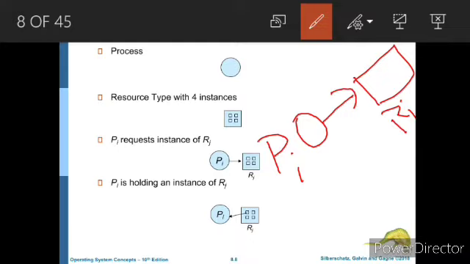When the request is fulfilled, that is, when the request is granted, the request edge is removed from the graph and is transformed directly to an assignment edge. One of the instances of Rj is allocated to the process Pi. Once the process completes its task, it releases the resource and the assignment edge will be deleted. So there is no connection between the process Pi and Rj.